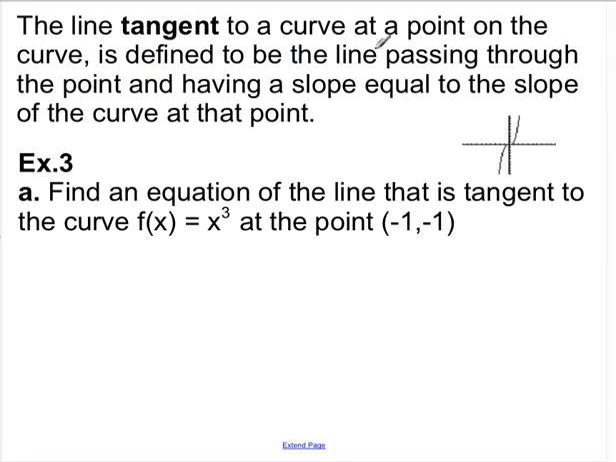So it says the line tangent to a curve at a point on the curve is defined to be the line passing through the point and having a slope equal to the slope of the curve at that point. Kind of a mouthful, but if we have our curve graphed over here for x to the third, and they're saying, find an equation of the line that's tangent to that curve at this point, -1, -1. So maybe -1, -1 is approximately here. So if I try to draw a tangent line, the point itself might be, say, here. And if we tried to make the line tangent to the curve at that point,